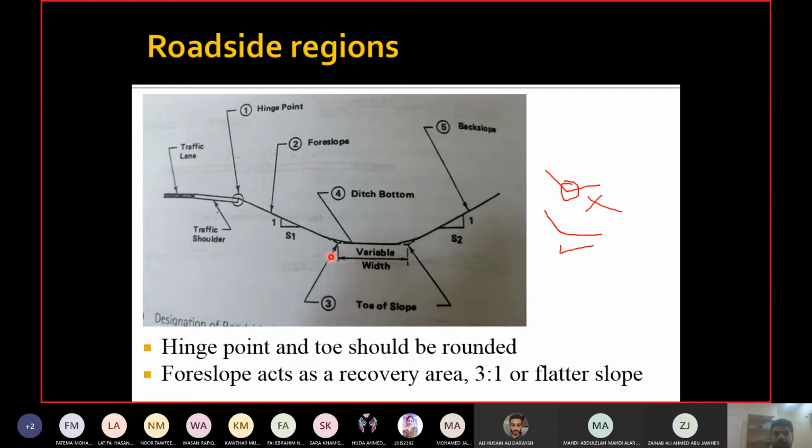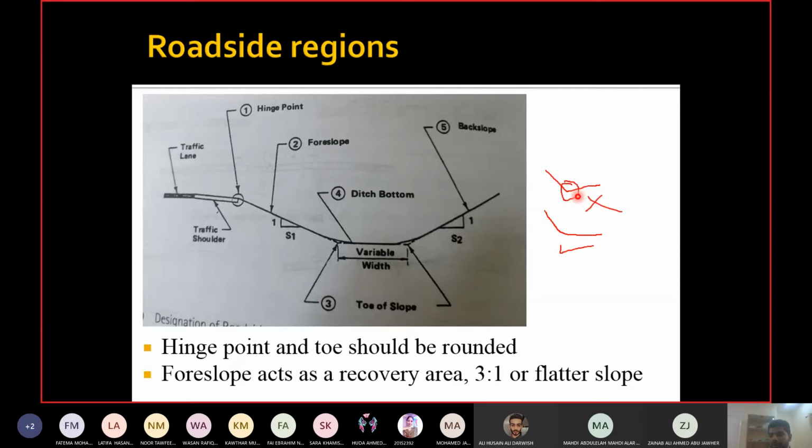At the end of the foreslope, at the start of the back slope, the point is called the toe of the slope, and this toe should be circular. You see, this one is pointed and this one is circular. So this is what we are trying to make, and this is what we are trying to avoid. Why? Because when the water flows to a pointed corner, the pointed corner will create more dispersion and more